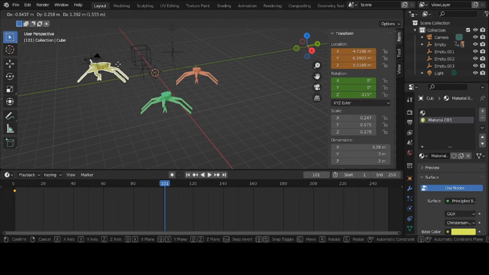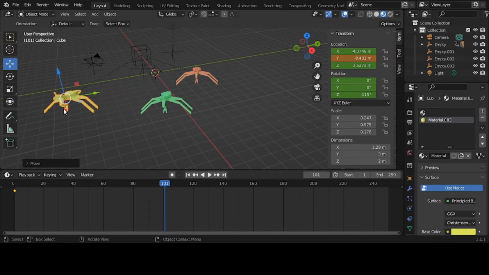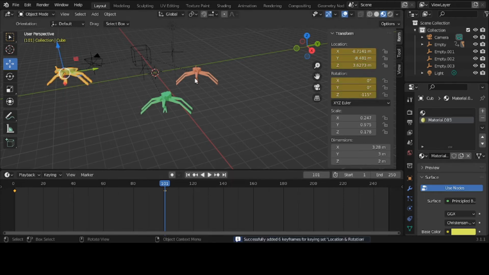I just want to keep it on that axis, on that plane. I don't want to move it anywhere in the Z. I can move them out here, I can move them back. Then I hit I. Then when I get to 200,